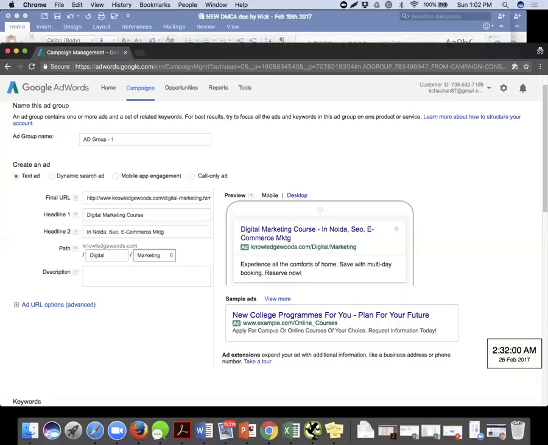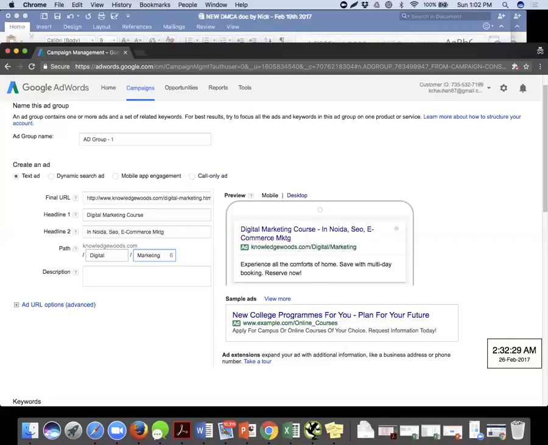The moment somebody clicks on the headline, only the headline element of your ad is clickable. Wherever you see in Google, the moment you search something, the ad which comes up will not have this section or this section clickable. It's always the headline section that is clickable. The moment somebody clicks on these headlines, the page which will open up is the one you have entered in the final URL.